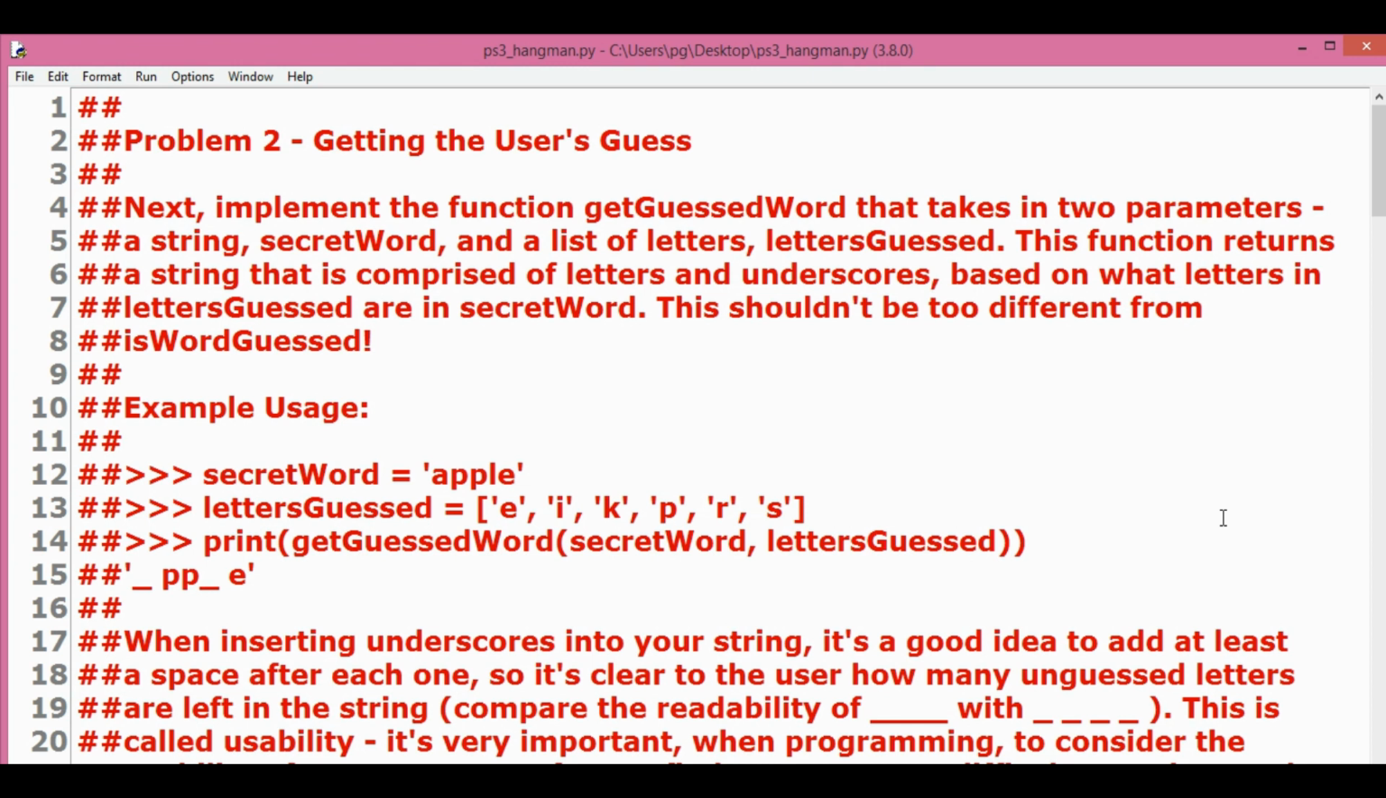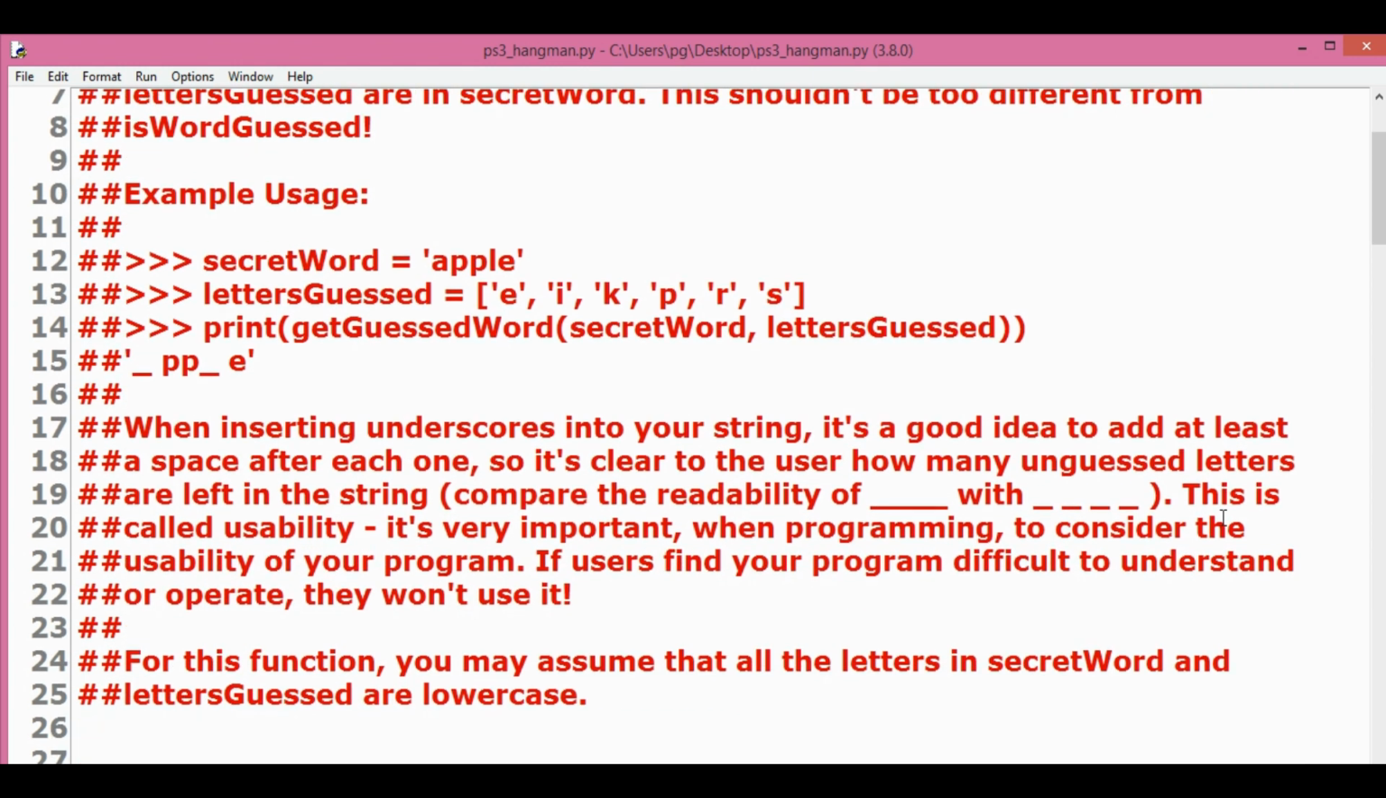Next, implement the function getGuessedWord that takes in two parameters, a string, secretWord, and a list of letters, lettersGuessed. This function returns the string that is comprised of letters and underscores based on what letters in lettersGuessed are in secretWord. This should not be too different from isWordGuessed. Example usage has been provided where the secret word is apple and a lettersGuessed list has been provided. When inserting underscores into a string, it is a good idea to add at least a space after each one so it's clear to the user